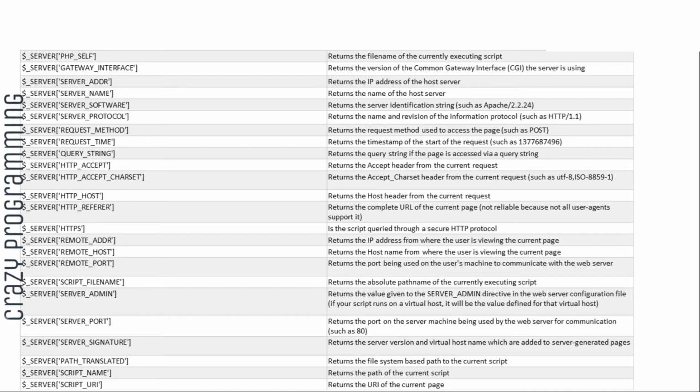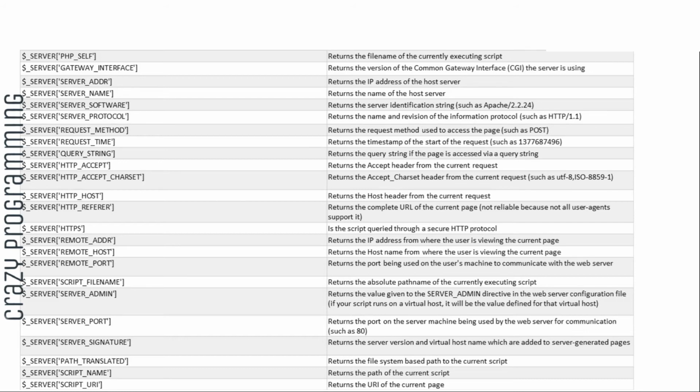Remote port returns the port being used on the user's machine to communicate with the web server. And the next one, script file name, returns the absolute path name of the current executing script. And the next one is server admin, which returns the value given to the server admin directive in the web server